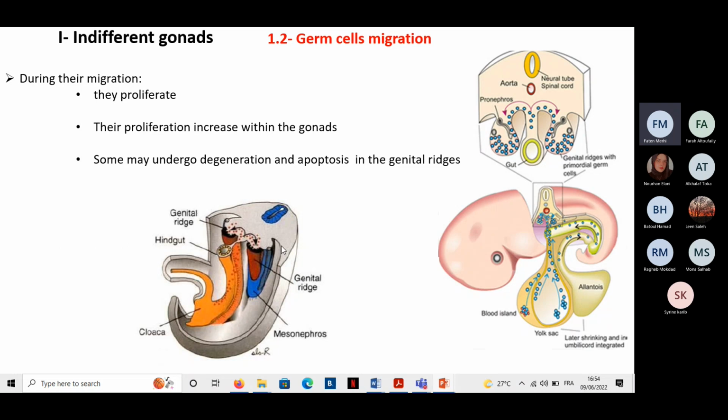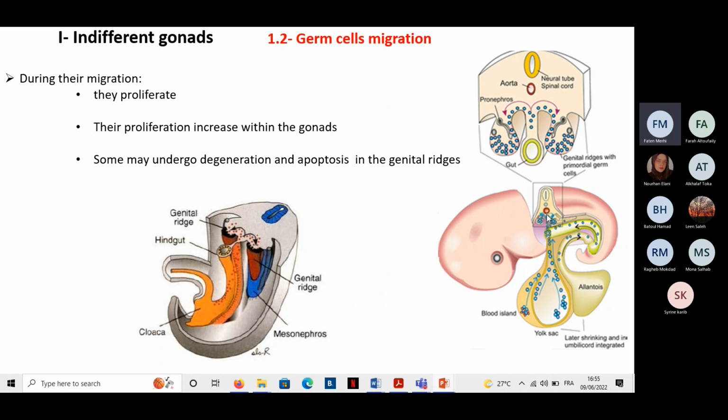Here we have another representation. We have an embryo, a fetus, with the yolk sac, and this is the allantois. And here we have the primordial germ cells. This is the gut, okay? And this is the mesentery. This is a cross section here. We have the gut,